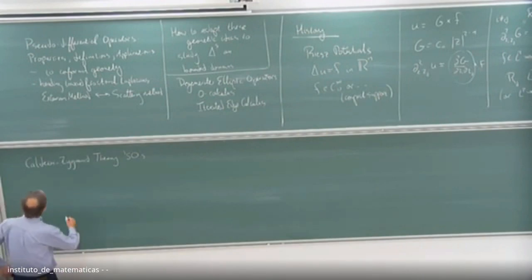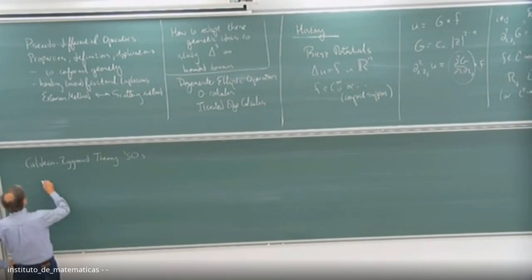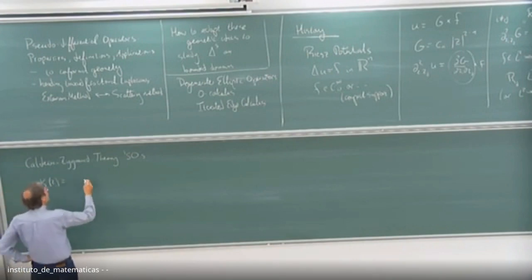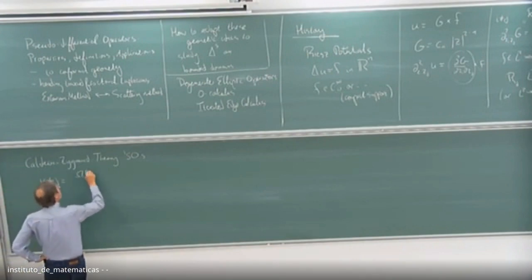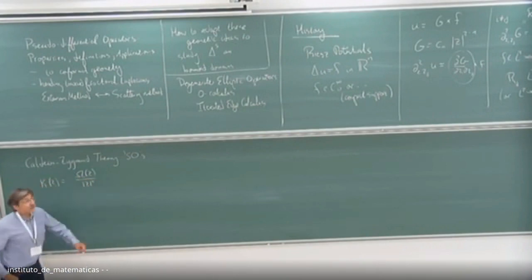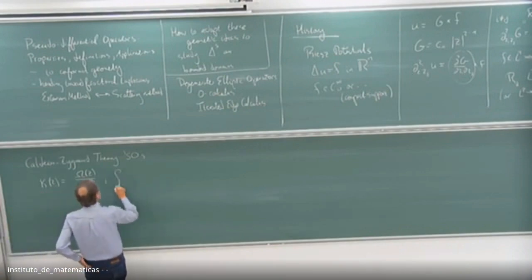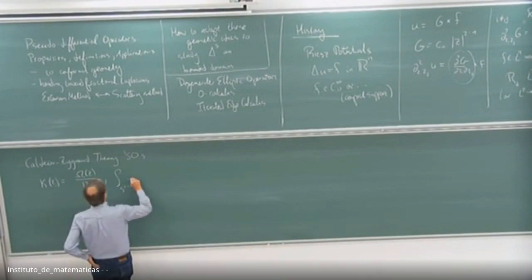And the basic ansatz was the following. You start with an integral kernel, let's call it K of z and z tilde. Well, let's call it k of z. And it's going to look in the following form: omega of z divided by mod z to the n. I have something exactly of that form here. So this generalizes the Riesz potential. And the important part about this omega of z is that if I integrate it over S^{n-1}, the integral of omega of z equals 0.